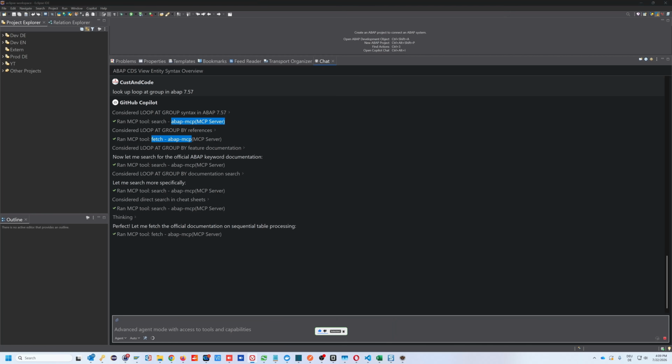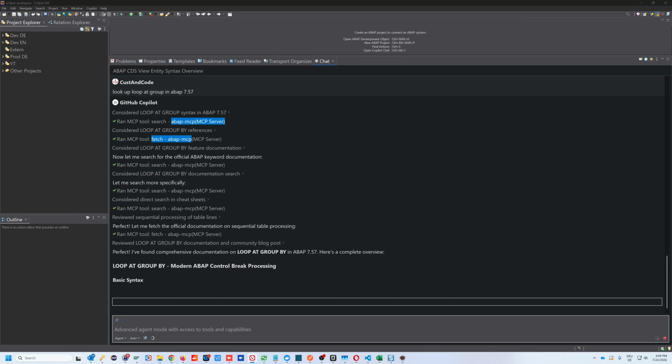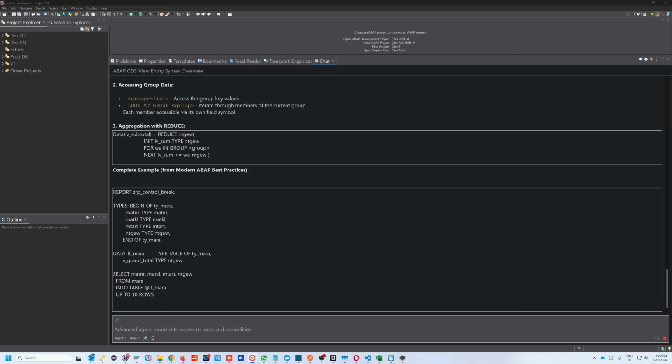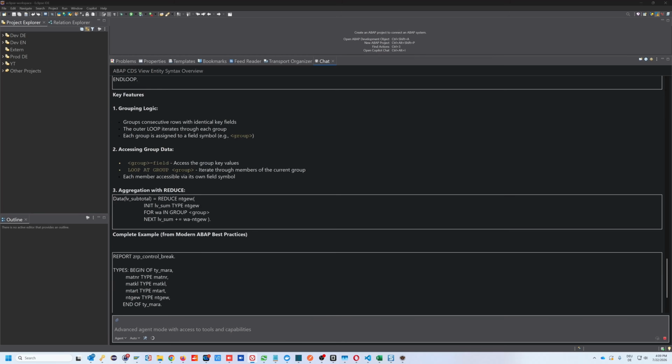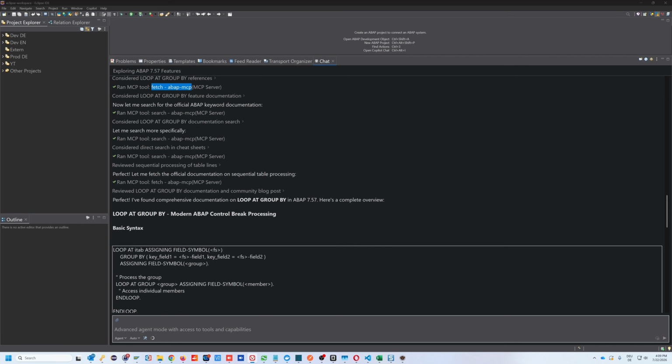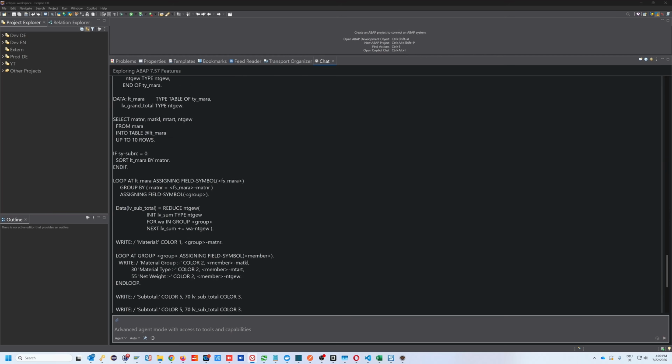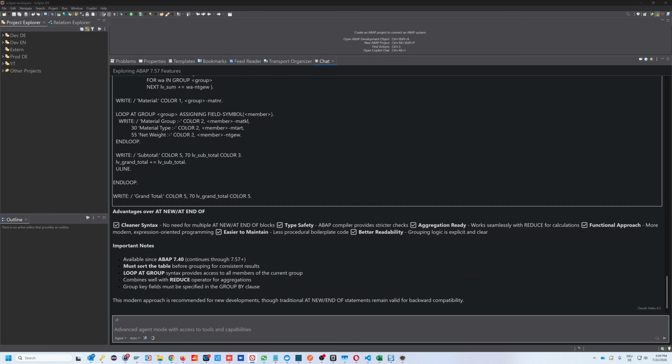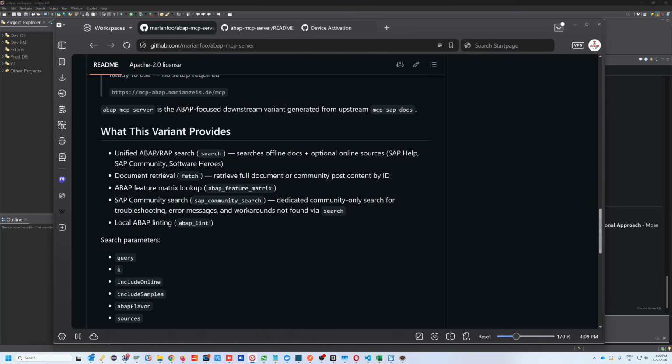Perfect. It found the comprehensive documentation for our question. So we see here we have different sources, for example, a SAP Community search.